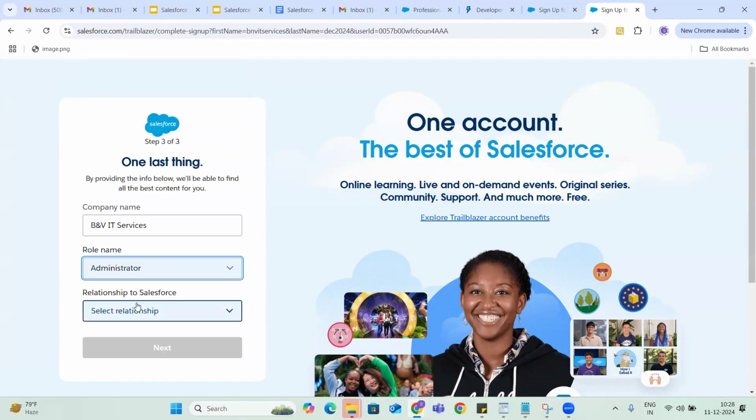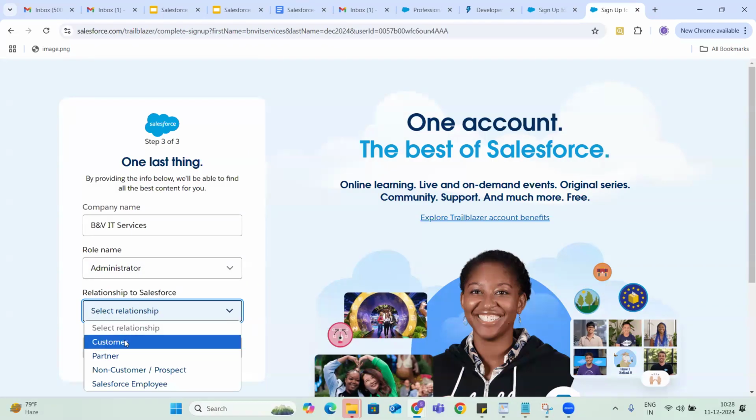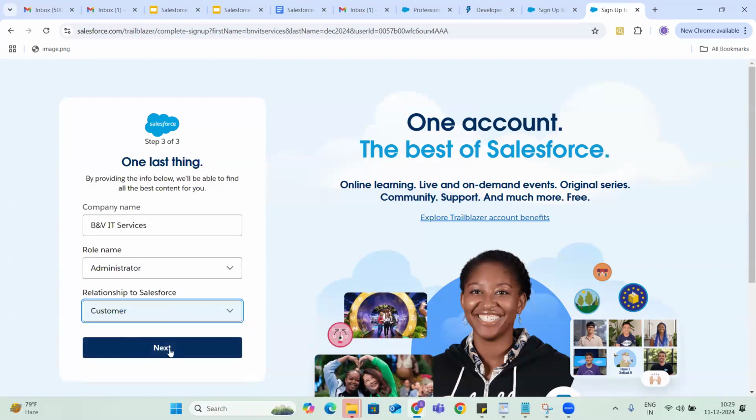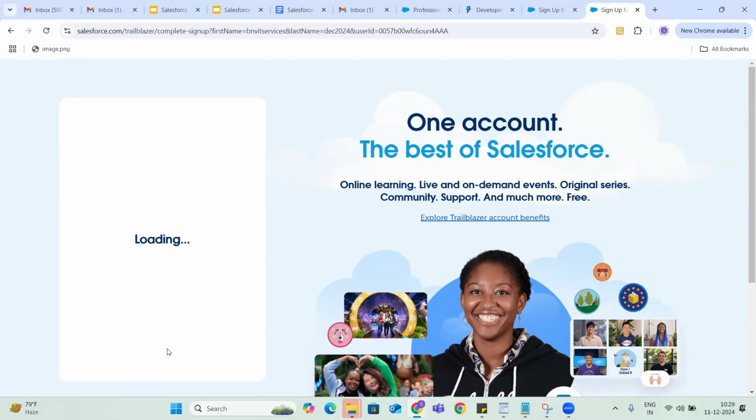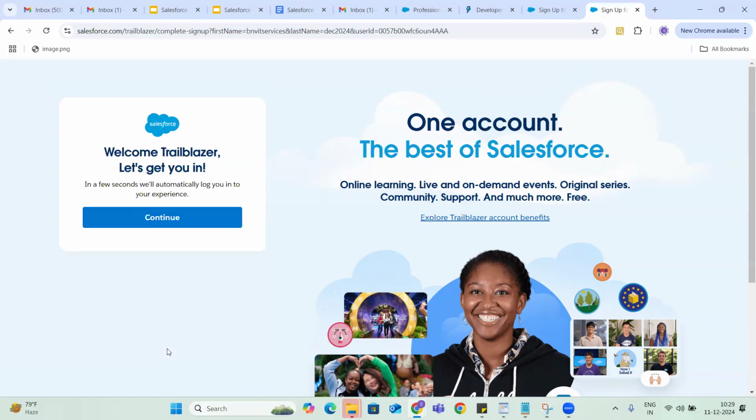I'm an administrator. Relationship to Salesforce is I'm a customer, because I'm using the Salesforce product, right? So I'm a customer. When I click on continue,